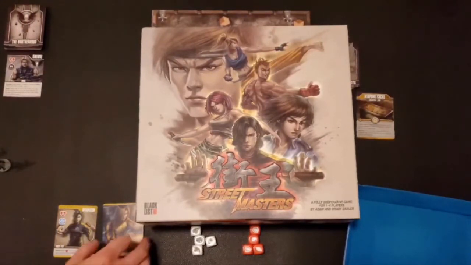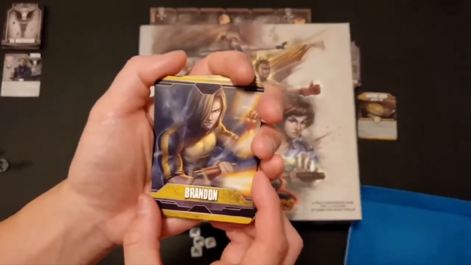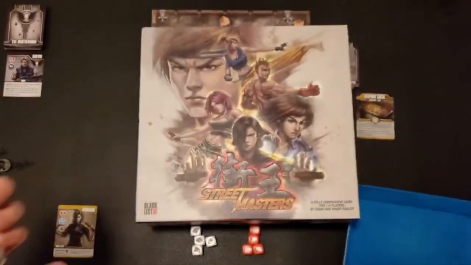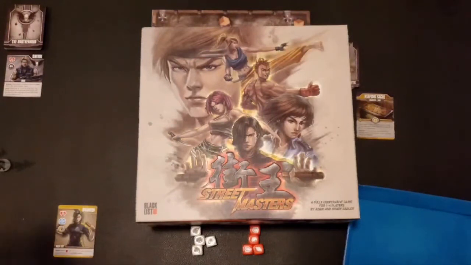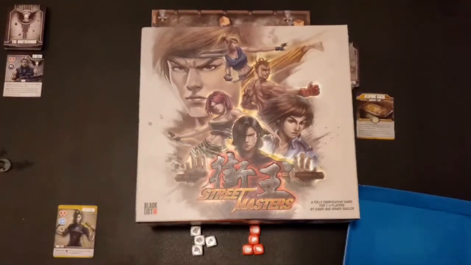Each character has a deck of cards, and this deck of cards, I'm choosing Brandon. The deck of cards provides 3 different types of cards. Tactic cards, which are sort of perpetual abilities that you can continue to use. You have attack abilities, and you have other abilities, like just regular abilities. So tactics are kind of strategy cards. And your character